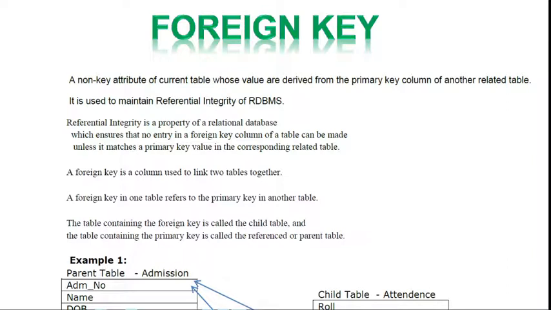Foreign key always stored in child table, and child table is connected with the parent table on the basis of the foreign key.